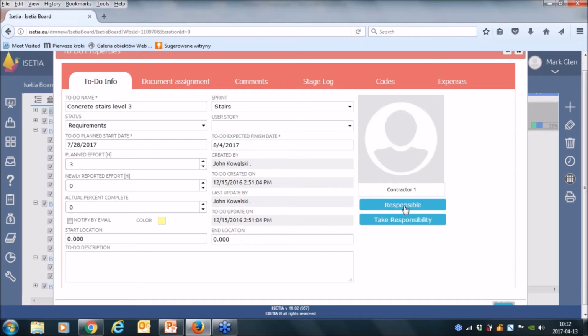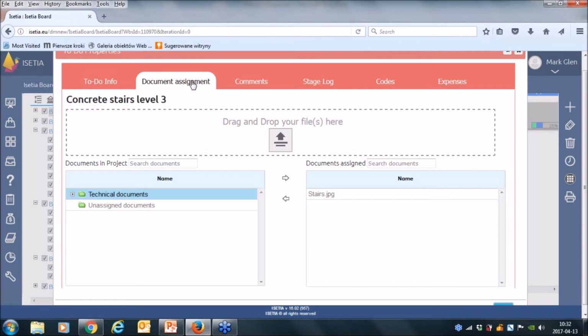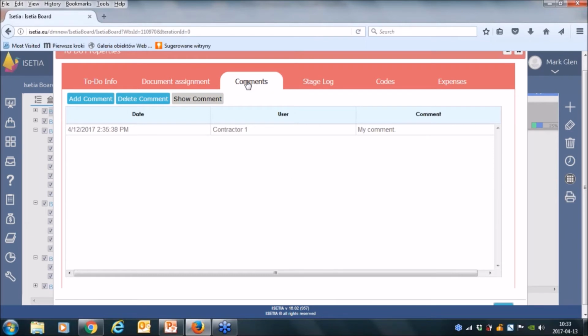You can mark who is responsible, and what is very important, you can see from this level the documents which are assigned to this task, and comments if a user or team member put them.